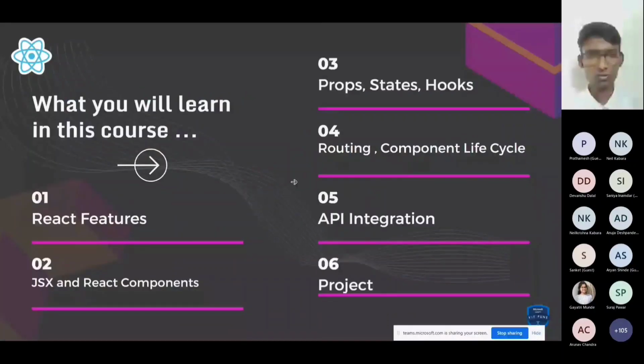Okay, so what are you going to learn in this course? So I will just read out the subtopics. First is React features, then JSX and React components, then props, states, hooks, then routing, component lifecycle, then API integration, and lastly, you will build a project that will make you comfortable with this tool. Okay,